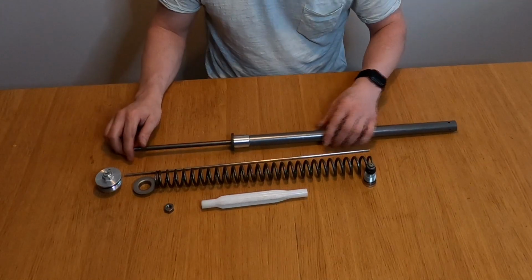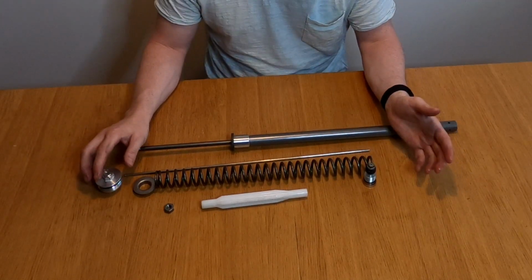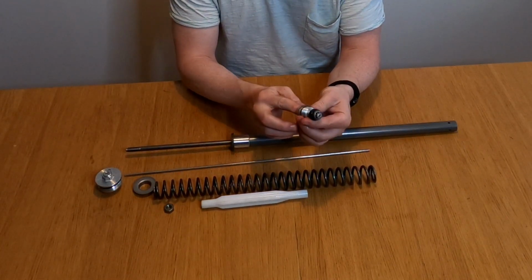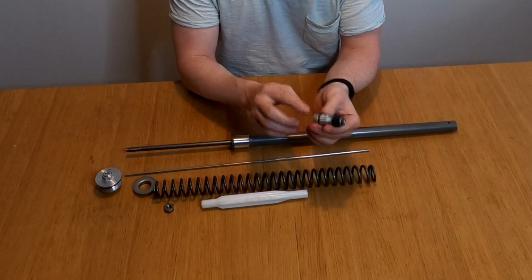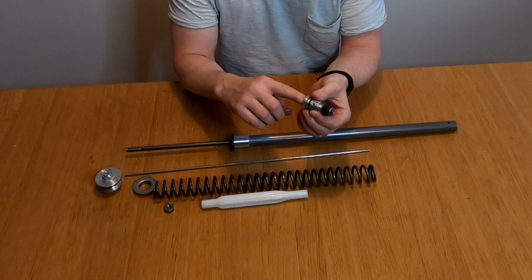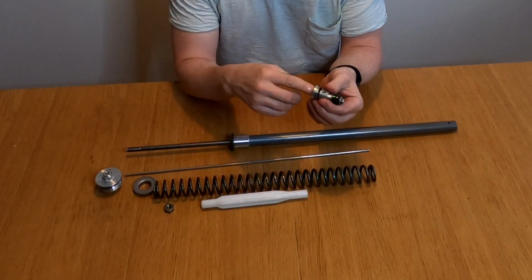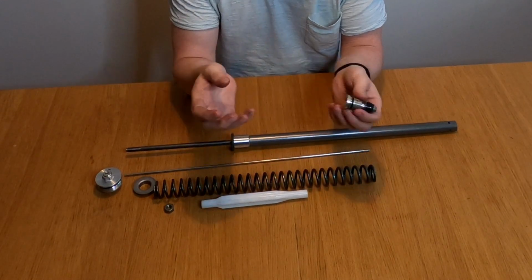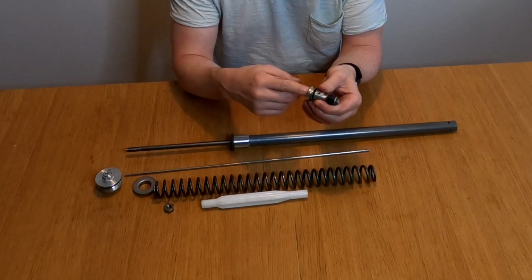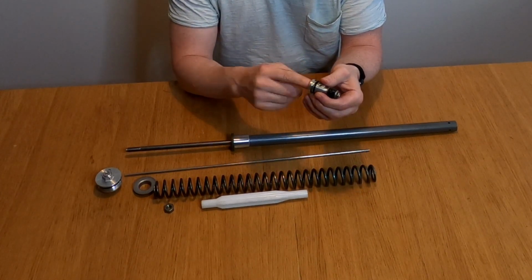When it comes to the adjustments for both rebound and compression, the clickers, what they do, you have a little bypass valve in this one. The service manual states that all the clicks is from fully closed. So when you see 6 clicks out in the service manual, that's from fully closed, so fully clockwise. So if you close this all the way,